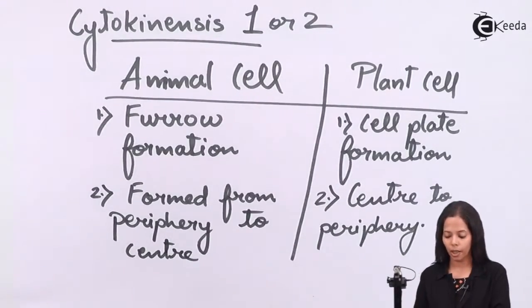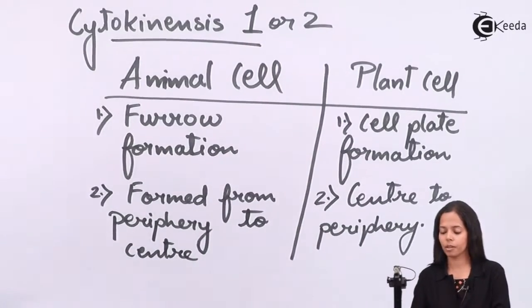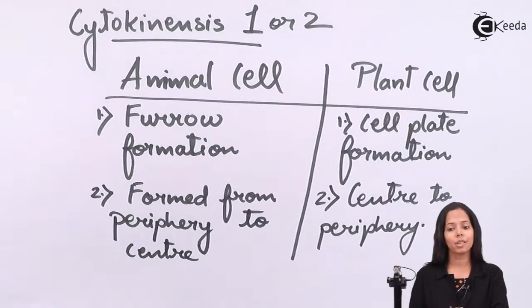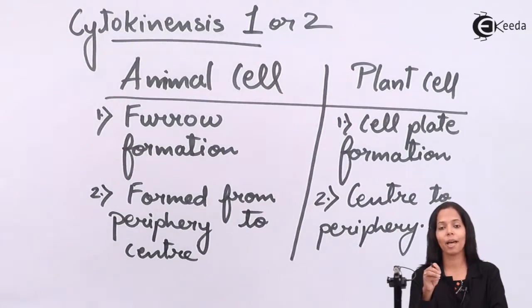I'm repeating again. In the case of an animal cell, furrows are formed. In the case of a plant cell, cell plates are formed. A furrow is formed from the periphery to the center, and in the case of a plant cell, it is formed from the center to the periphery. So speaking of cytokinesis, it is the same in mitosis as well as meiosis 1 and also